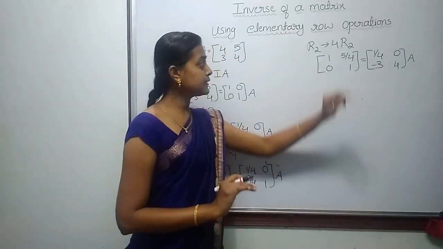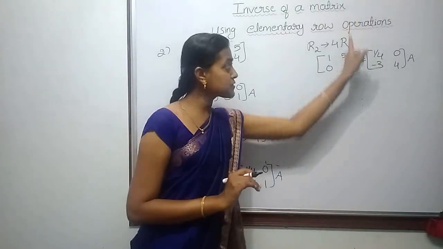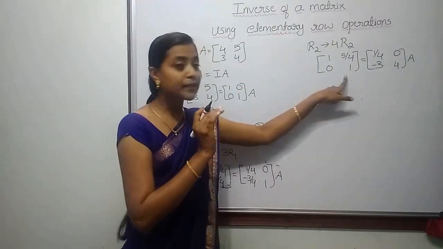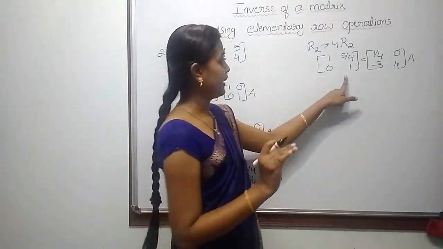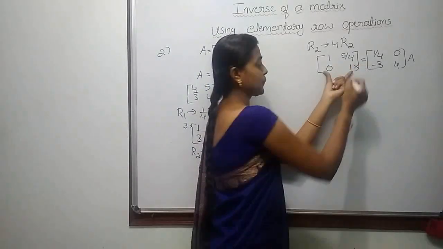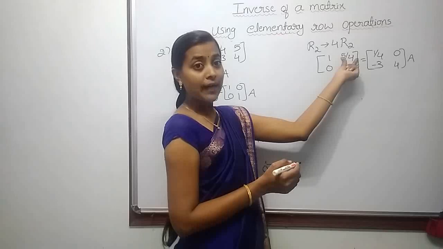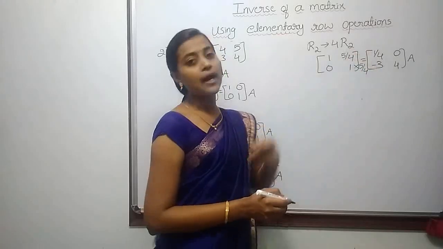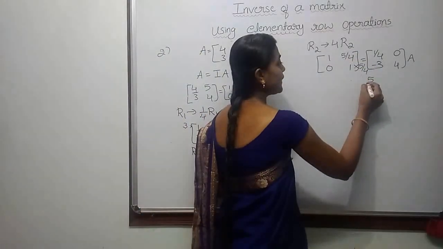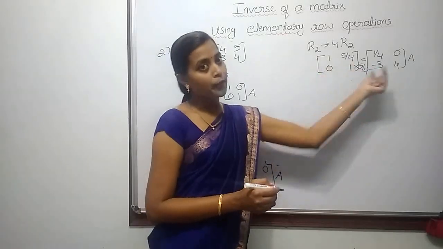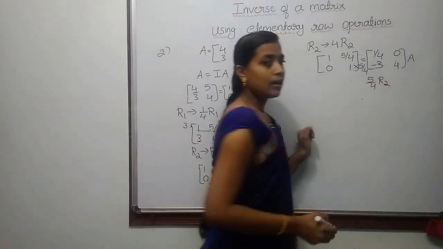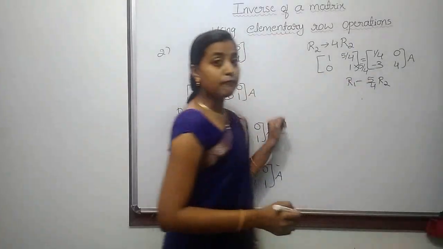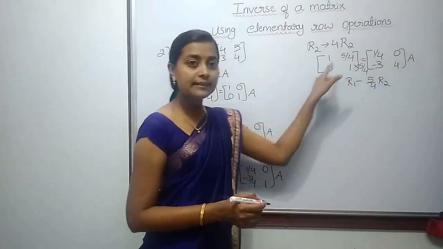Next, the fourth step is to reduce the element lying in first row, second column to 0. Whenever we have to make any element 0, we use another row. How do you apply the operation? Multiply the second row by the same value of this element, that is 5 by 4, and subtract this row from R1. Multiply 5 by 4 to R2 and subtract this result from R1. We are changing element of first row. We write the changes in first row.